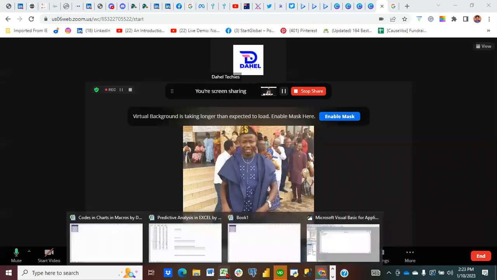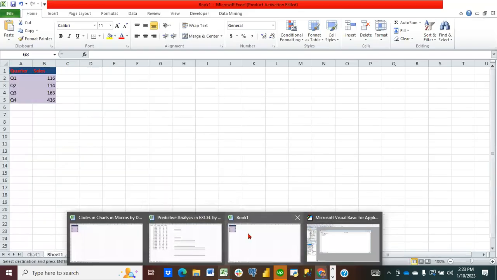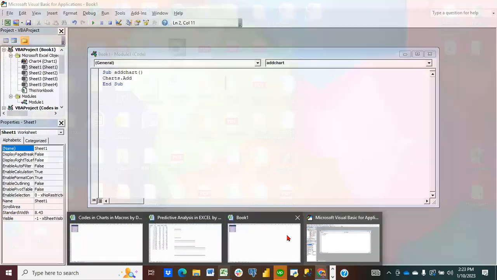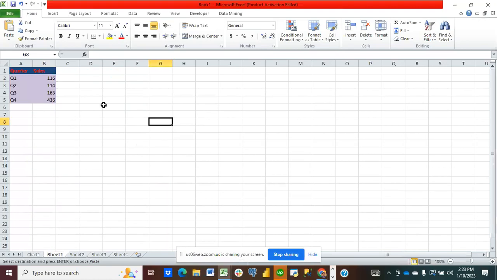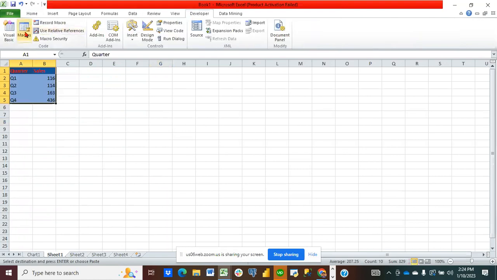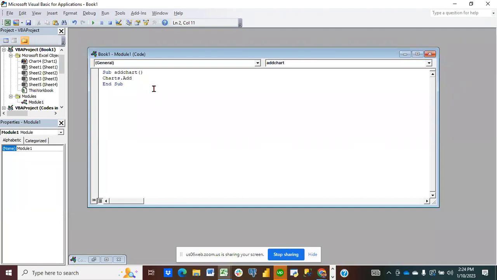I'm just trying to make sure I break this down into points. Let's see if we can embed this chart into this particular worksheet. You can highlight this or not, go to your developer tab, and of course click on Visual Basic, and the code will come out. So if we want to embed the charts into an active worksheet, we need to